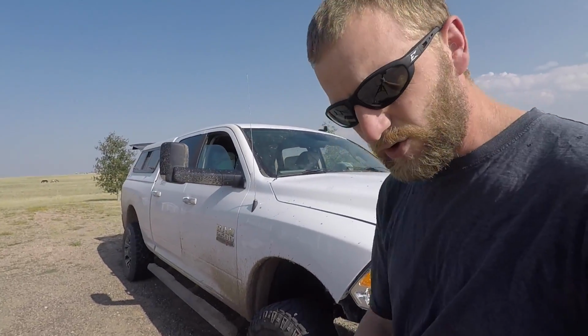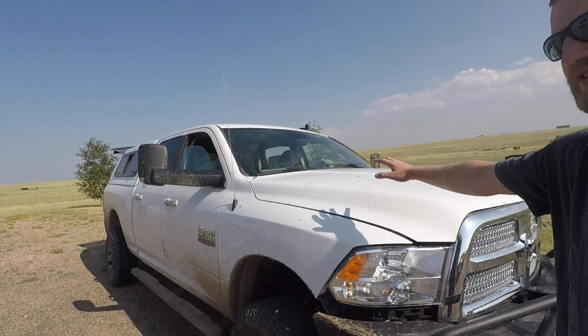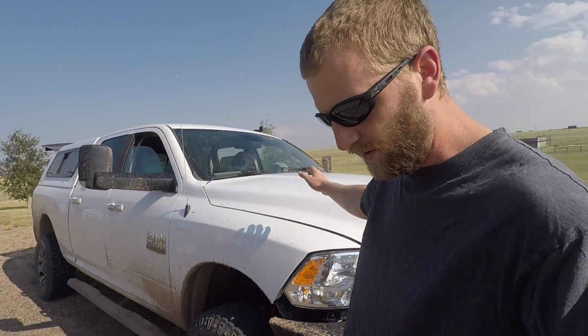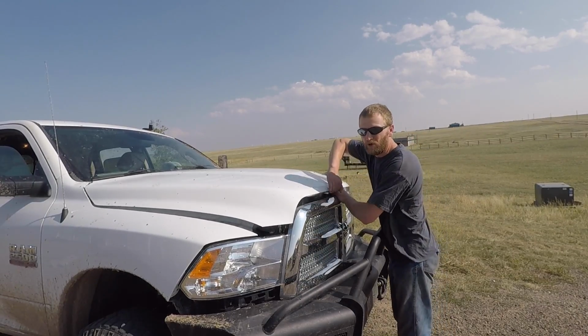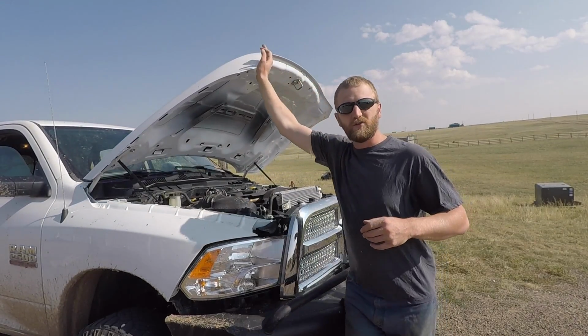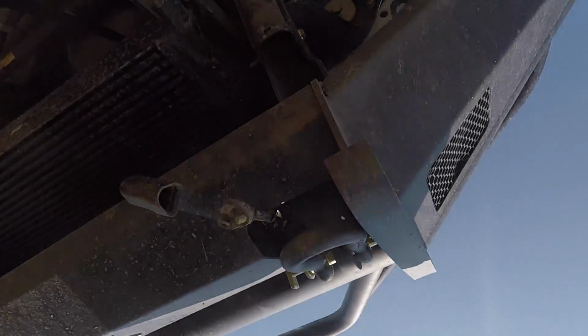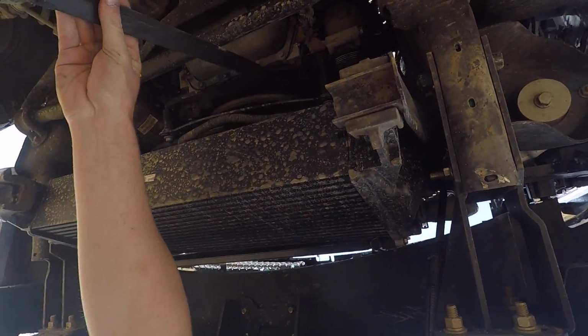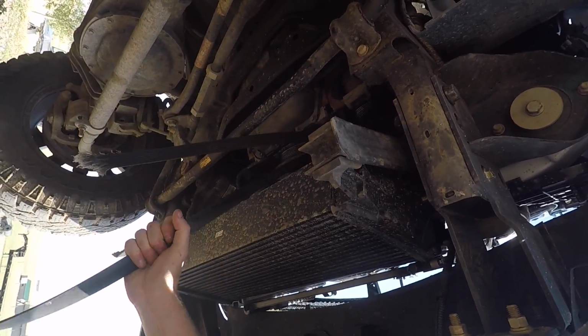Not quite finished. It does have to go back to the body shop. This fender arm or something right in here still needs more attention. It is very much drivable, and as a result, Victoria has been very much driving it until we had a little bit of a hiccup today. And the little bit of a hiccup today is, well, that's a serpentine belt, and we're just gonna go ahead and pull, yeah,